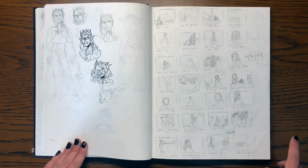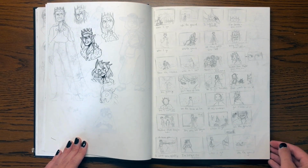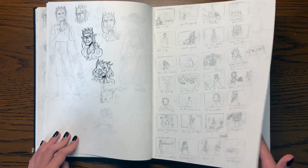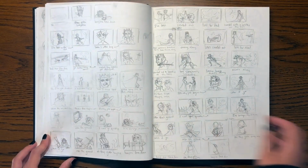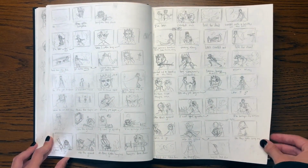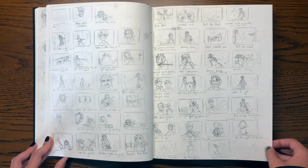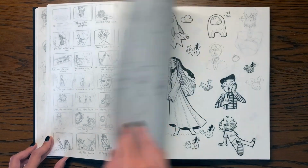Alright, here's the good stuff. This is the storyboard for my first ever animatic, To Bury Me Face Down, which is on this channel. I don't always storyboard the animatics, but when I do, I find it helps me go faster. I'm just lazy sometimes. But yeah, I did this whole thing in a few hours, the storyboard, and the animatic I did in the days after,